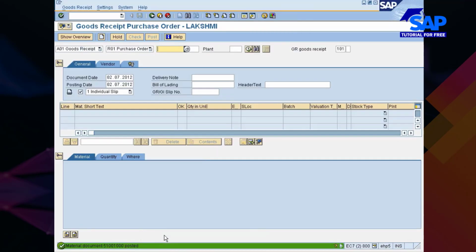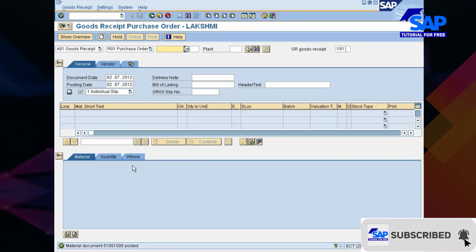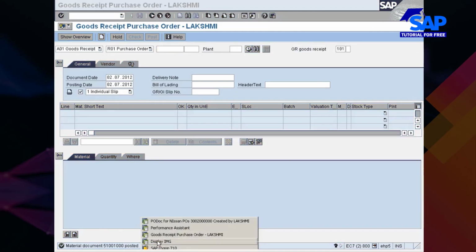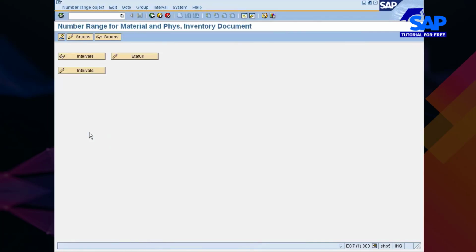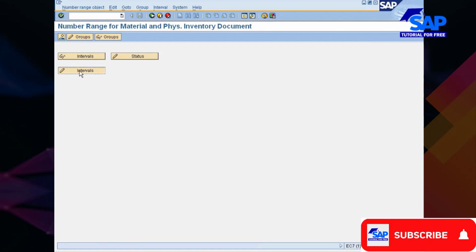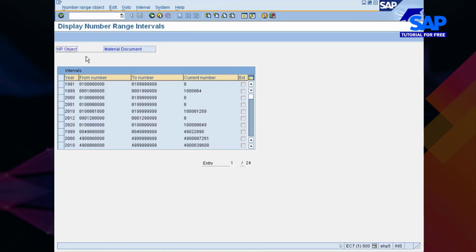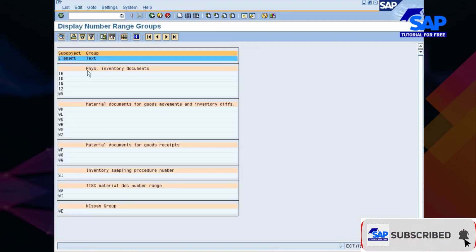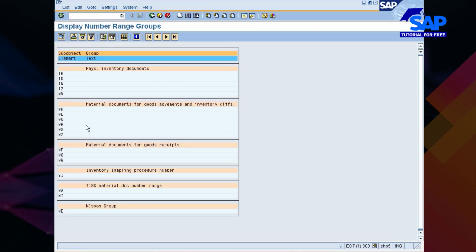But let me just go to this one. You see here, the new document that I posted just now. This is the one. It's the same document number that I have configured, isn't it? In case you have any doubts, just come back here, go to this place, display intervals. What is your year? 2012. Display groups, if you go there, WE, right?